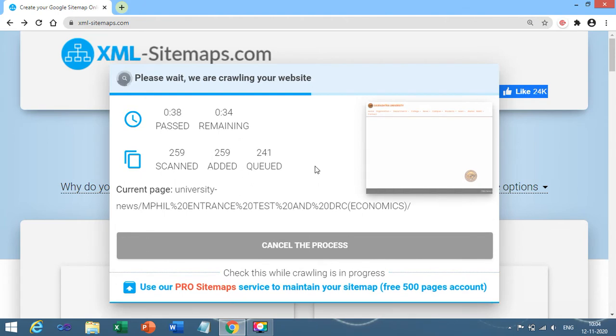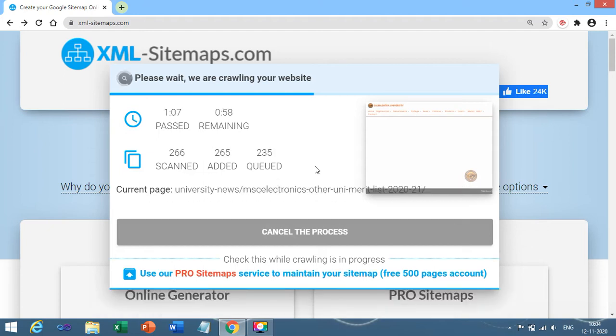On your screen you can see that approximately 259 pages are scanned, and all these pages are added in the sitemap. This totally depends on the internet speed, so you need to wait for the process to complete.